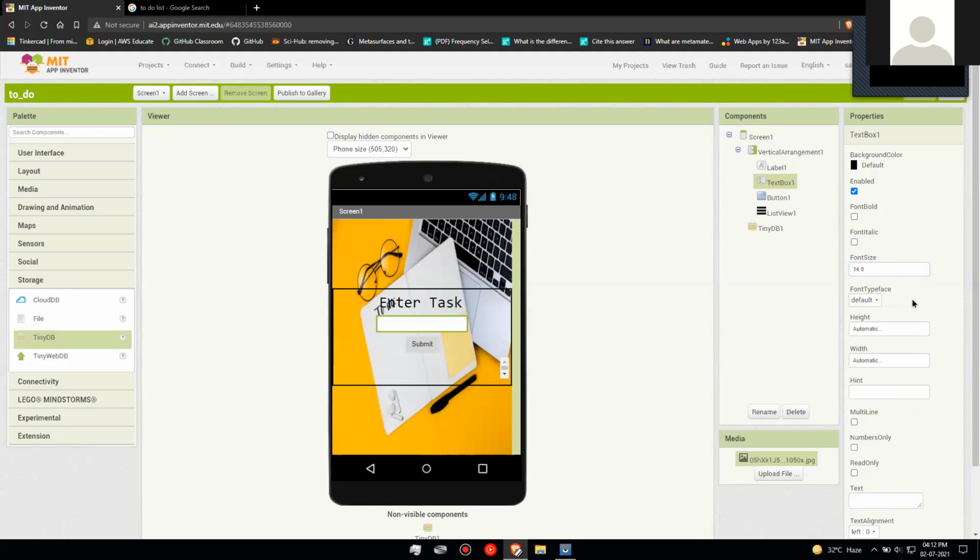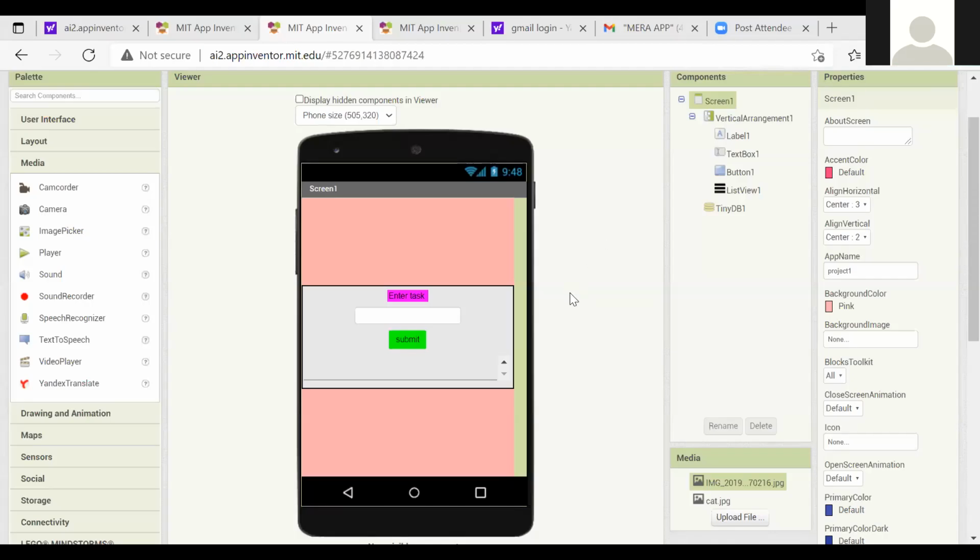Dog and cat are not coming either. Now you can share your screen. Let me see. I think the upload is not right. Where is the screen? Is it okay? Is it sharing?